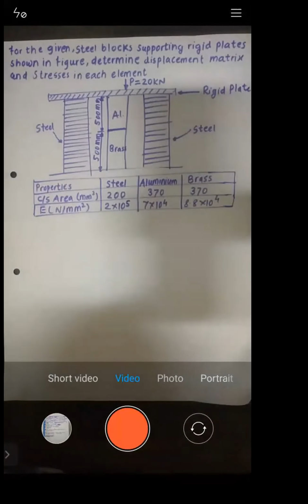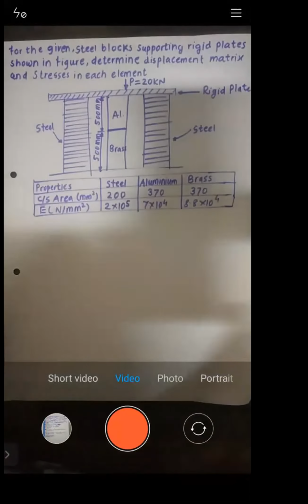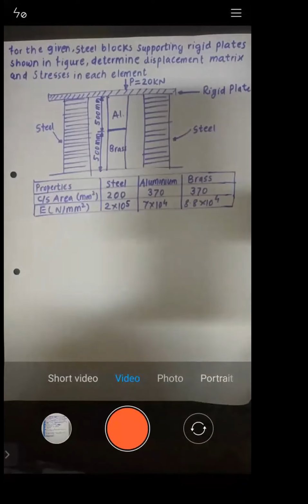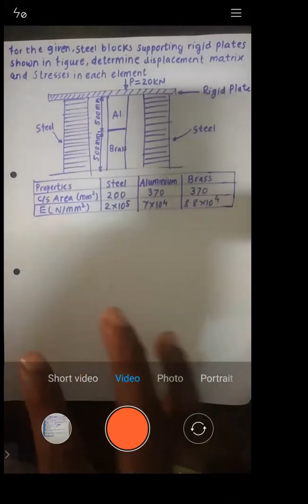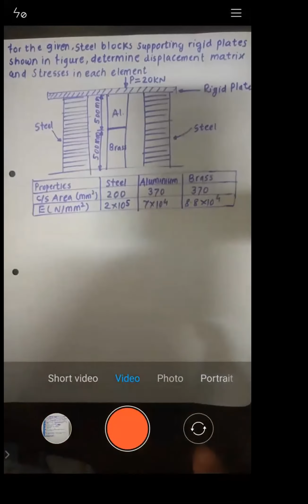Right. See, you need to go for EME. Okay, but before that, you're talking about element matrix equation, but where are the elements? Have you formed the elements? Nodes. No, sir. Discretization. Right. So there is a concept of nodes, right? So basically you need to initially start with the elements and nodes. So how will you get elements and nodes? By dividing this entire system into a number of subsystems or parts, right?